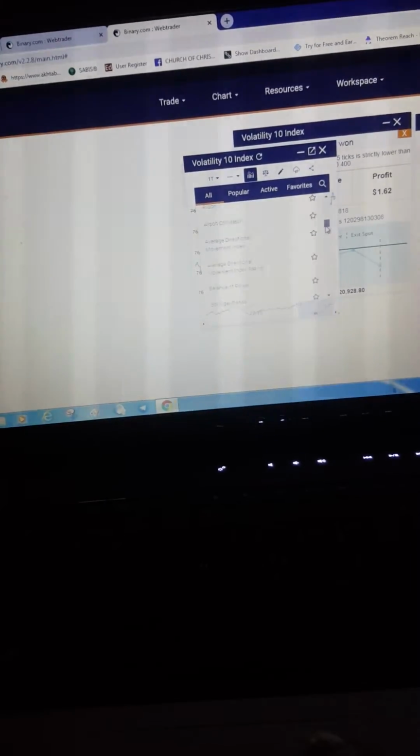I'm sure the guy that posted the video, you guys have seen it. I'm only trying to buttress all that he has said. This is the momentum indicators. Then from the momentum indicators, you go down and look for the choppiness index. Then you click it. Once you click it, you just click OK. There's no settings at all. Then you bring this third line, the one that is under it here, and scroll it together so you can have a clean shot at it.